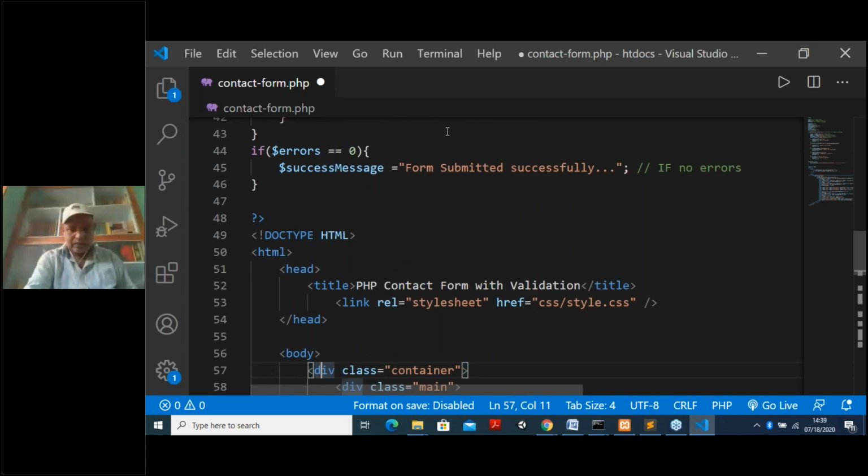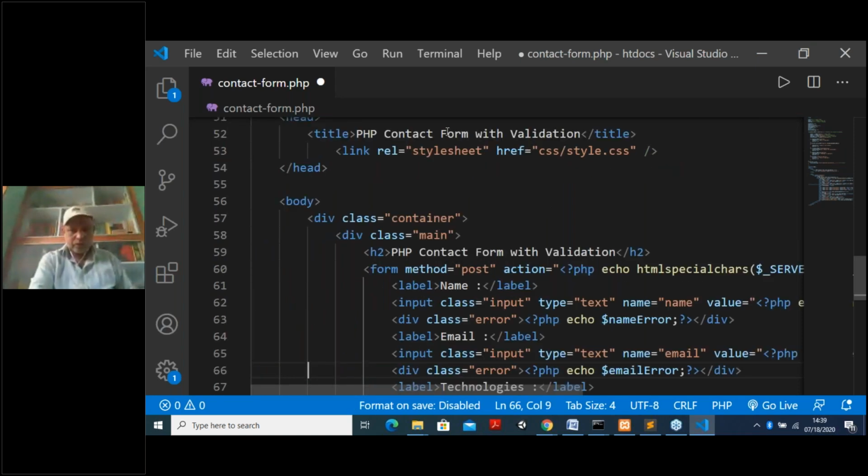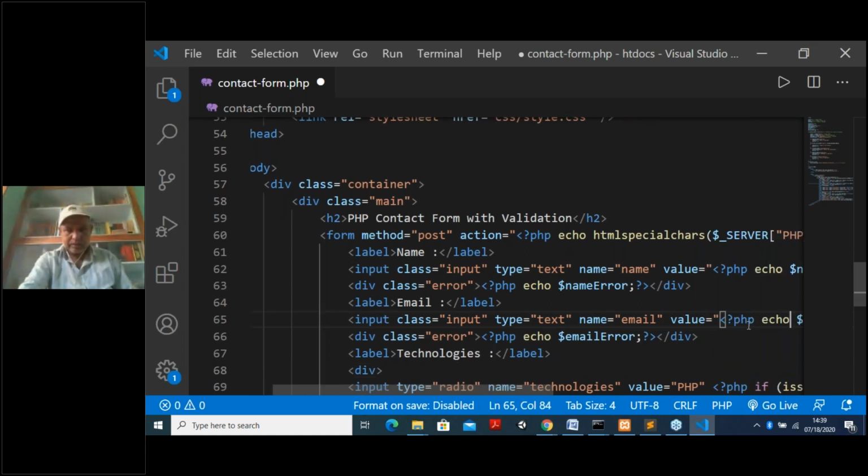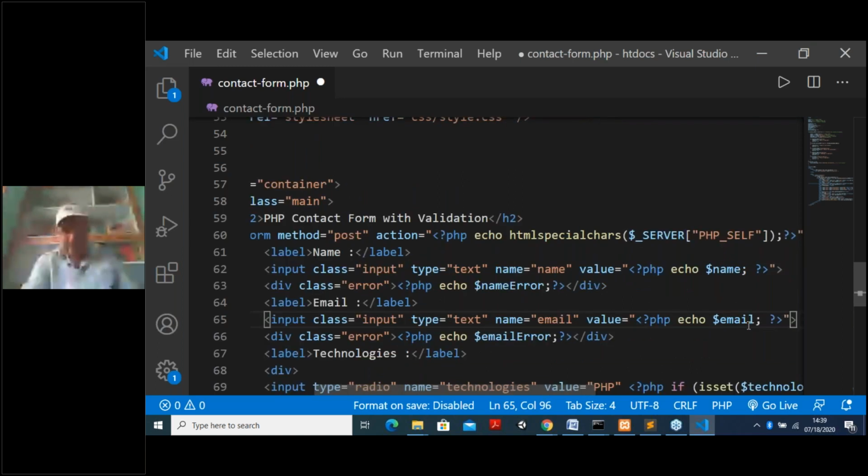Similarly, I am going for the email. So I created the label email. Then the class is input, type is equal to text, name is equal to email, value is equal to, again the same thing I am putting, PHP echo. So whatever value it is putting in that email, the same thing it has to take here. Clear? So now the first was name, second is the email. So suppose an error is there, then div class equal to error, PHP echo $email_error,